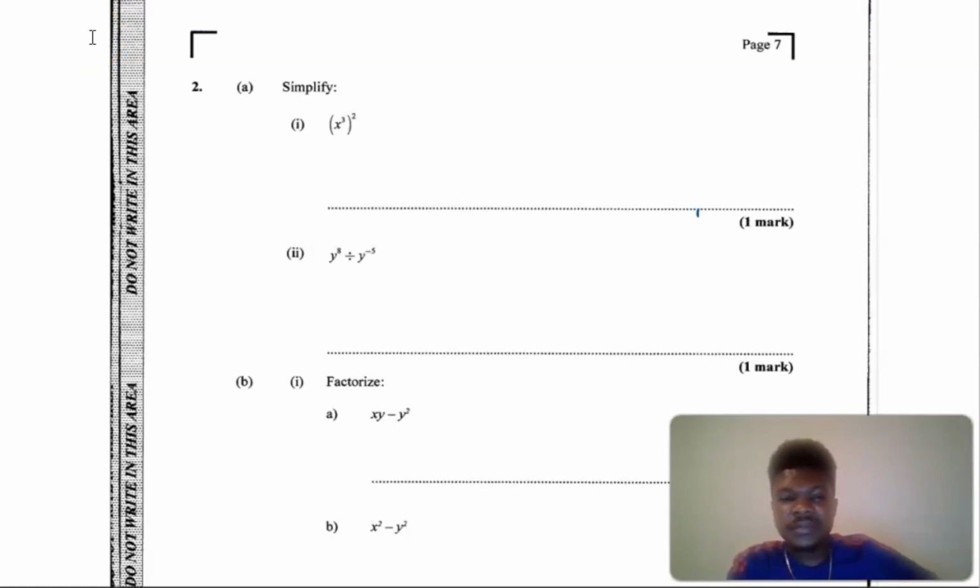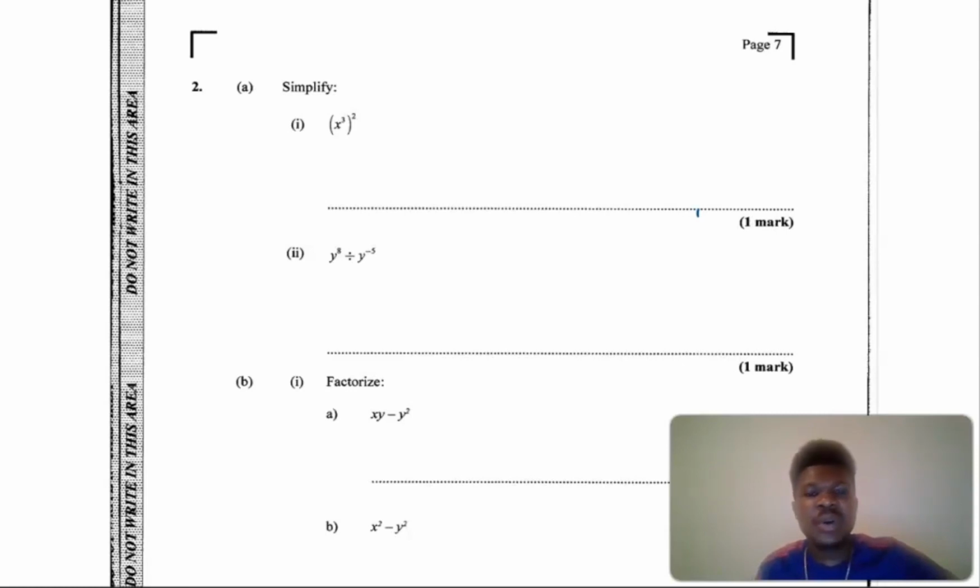During this video, we'll be focusing on the algebra section questions from previous past paper questions. So let's begin. As usual, ensure you have your book, pen, pencil, and for algebra, you may rarely use your calculator. All right, so the first one we have here says simplify, we got x cubed raised to the second